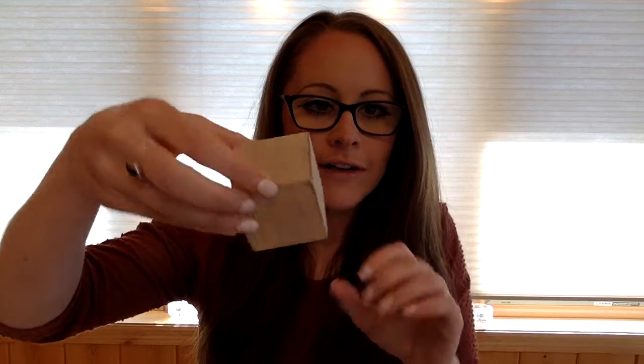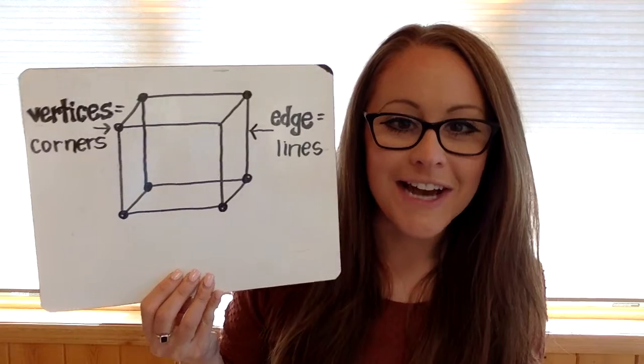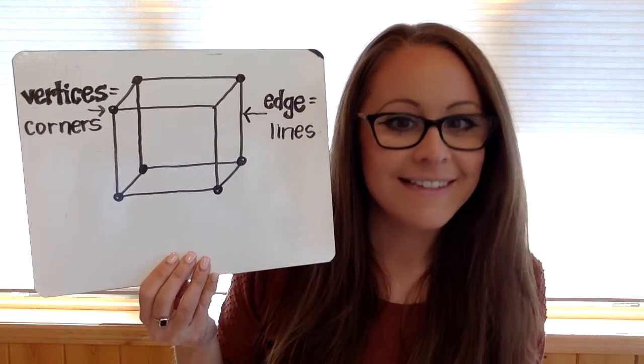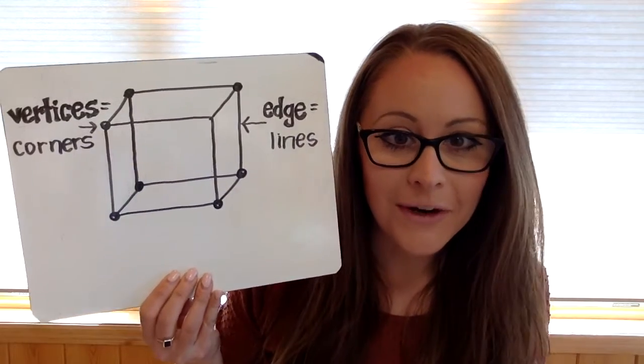So there's one on the top, one on the bottom, one on the side, one on the side, one in the front, and one in the back. So they're all squares, as you can see, and there are 6 of them, okay? 6 faces. And the other thing we're going to be talking about with cubes are the vertices, aka the corners,